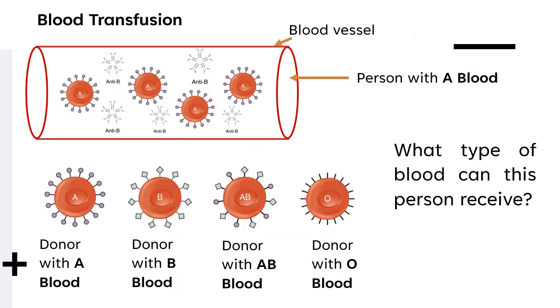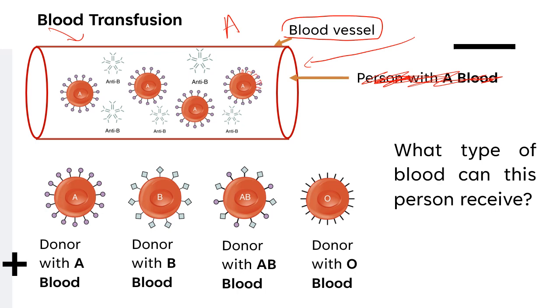Okay, so here I have a representation of a blood vessel. Let's pretend this is a vein. And this person, just by looking at how the red blood cells look, you know that this person has A blood. And you see that they don't have any